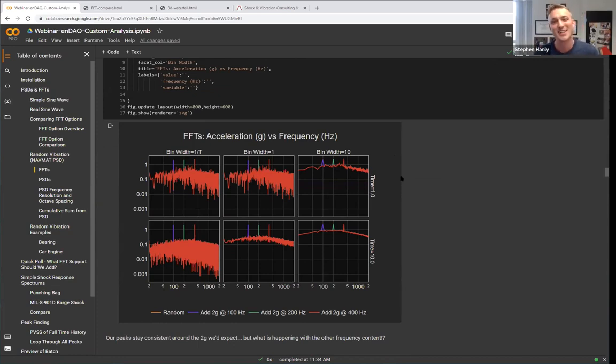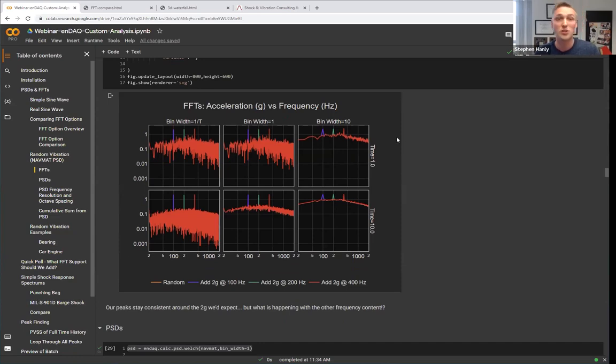And that's problematic. That means, this is the same acceleration time history, it's just computing a little differently, or slicing it, not maybe just 1 second versus 10 seconds, but they should have resulting frequency analysis that looks similar. But with an FFT, you may conclude that these are two different environments, when in fact they are the same. So that's the big issue: when you don't have perfect sine waves and perfect resonances, the other frequency content can become